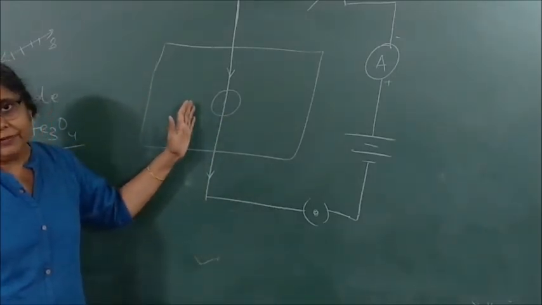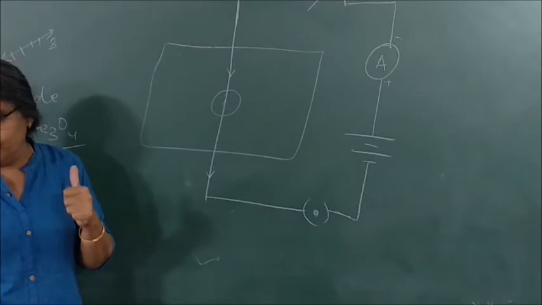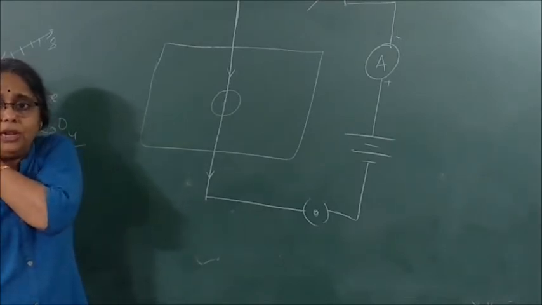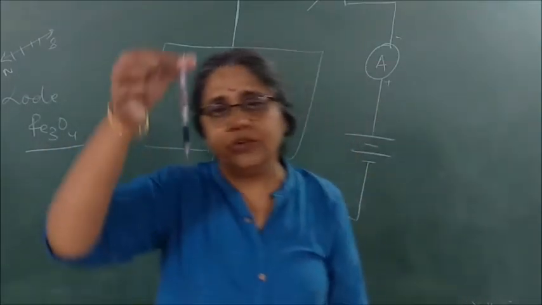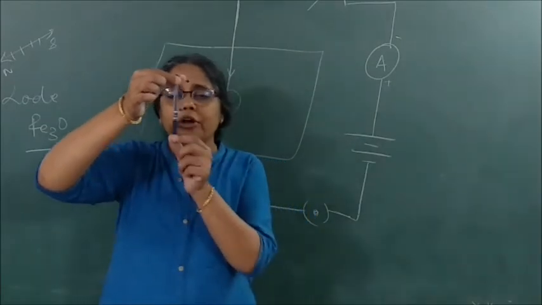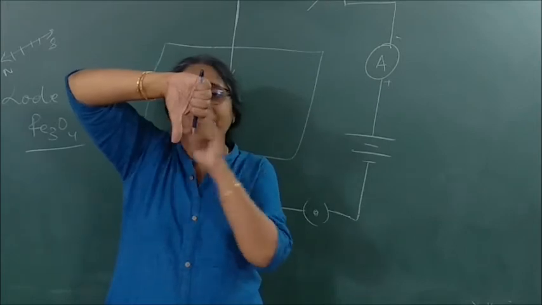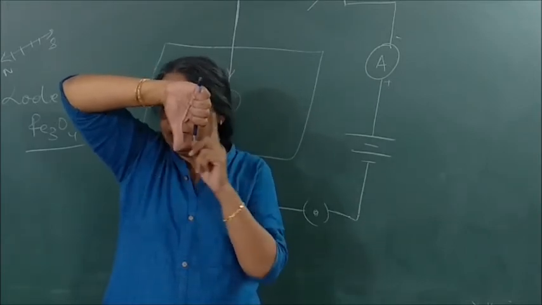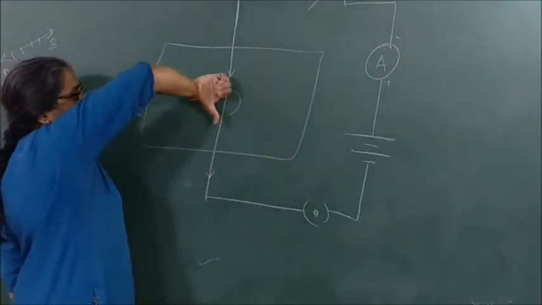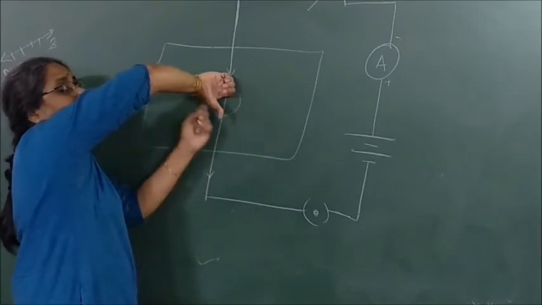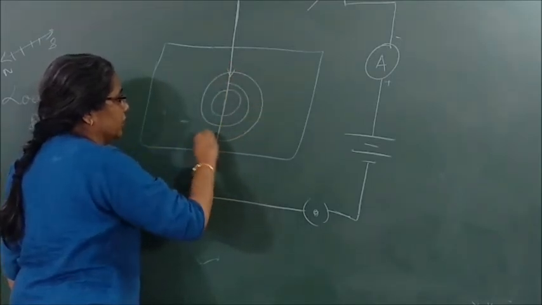How do I detect the magnetic field? By using which rule? Ampere's swimming rule or right hand thumb rule, which is also called as what rule? Maxwell corkscrew rule. What does the rule say? Imagine you are holding a straight conductor carrying current in your right hand in such a way that the thumb shows the direction of current, then the wrapped up fingers show the direction of magnetic field. Okay, field lines and magnetic field. So here if I apply, this is the direction of the current, so the magnetic field lines should be what? Clockwise. So now we will draw our magnetic field lines clockwise.